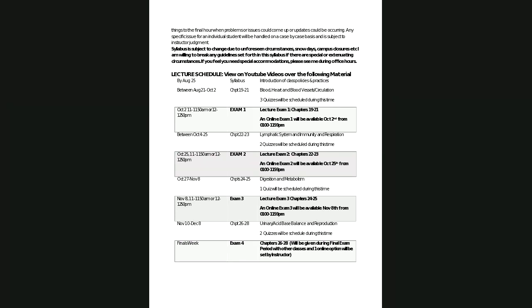Okay. Once we're done with that first exam, then we'll move into our second block of material, and the same rules apply. You need to watch the videos, come to lab ready to go, and then that test will be on October 25th. Again, taking it with the other class, take it with the secretary during business hours, or you'll have to make arrangements to pay and have it done online. And then the third test will be your cheat sheet test. So that one's going to be a little bit faster turnaround, and we can talk about that in lab.